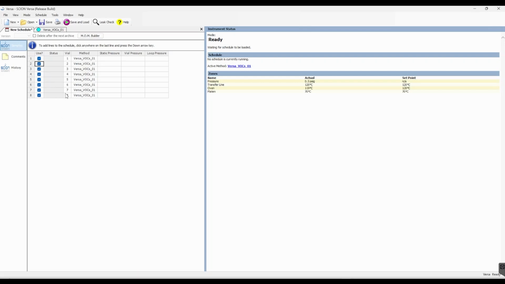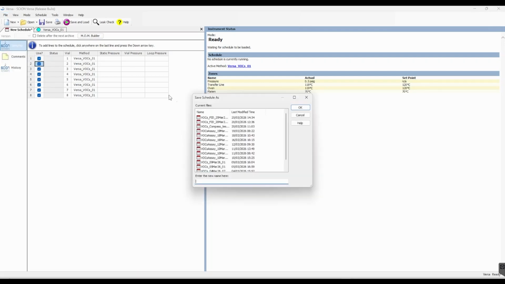Once you have the schedule, you can then press save, so file, save as, and you can call it whatever you'd like. So I'll just go with Versa test